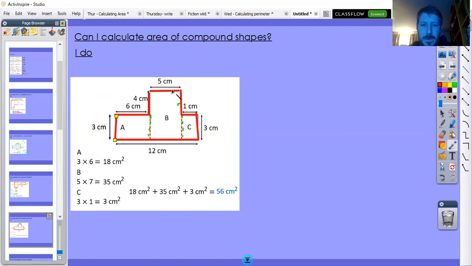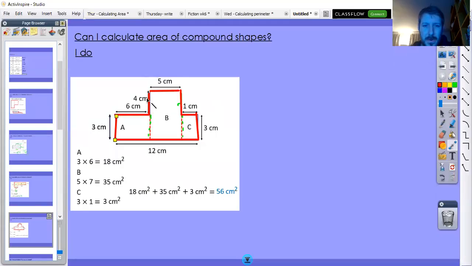Well, you've got 5 times 7, because this is 6 here, this is 1, which means the leftover in here is going to be another 7 in there. And then we've got 3 times 1 for this area here. Sorry, no, hang on. The 7 is the 4 down here plus the 3 here. So we know that from here to here is 7, and this is the 5 across the top, because it's the 12 in total, minus the 6 and the 1, which leaves the 5 across here,